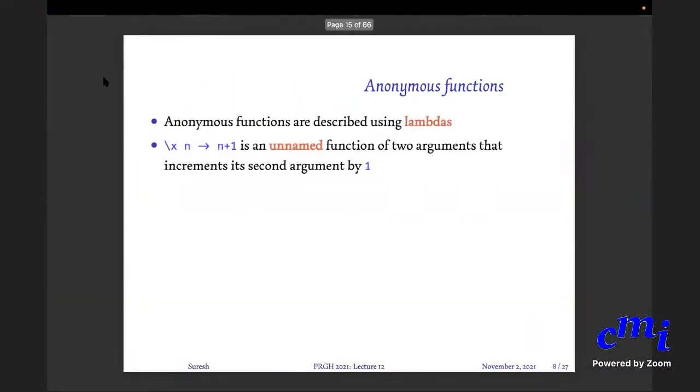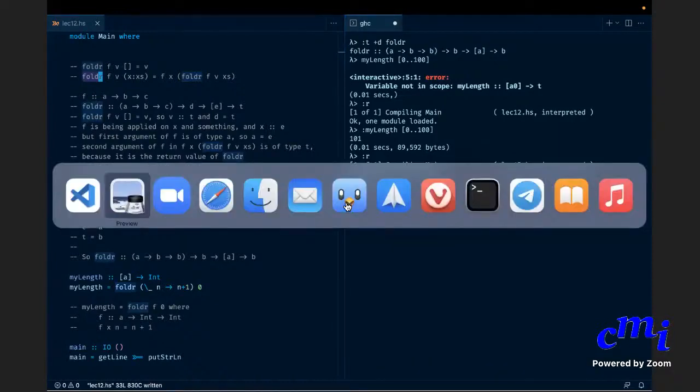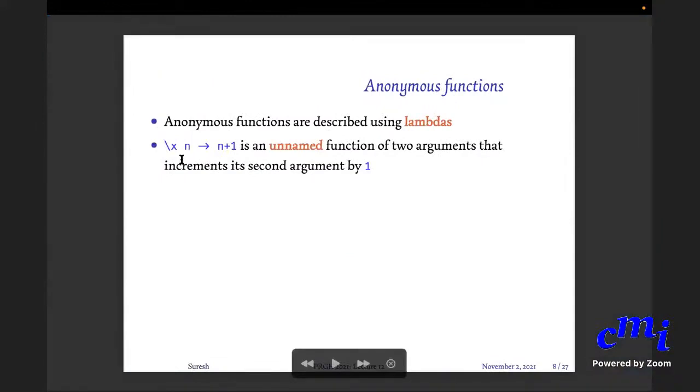So such a thing has a name. It's called lambda. By the way, lambda is the Greek letter. You know how it's written. If you don't know, this is lambda, right? Haskell derives this from something called lambda calculus, and so you can see that this backslash is like half a lambda, just the stem of the lambda.